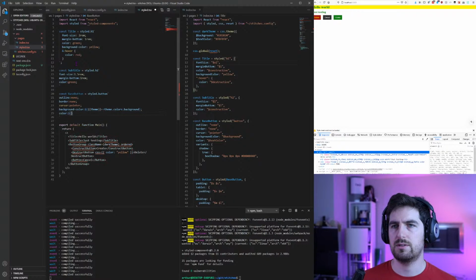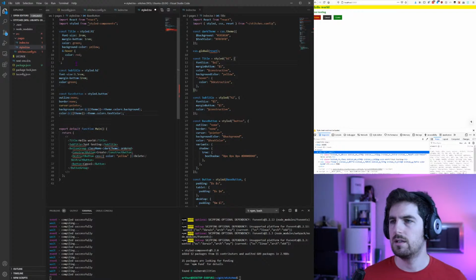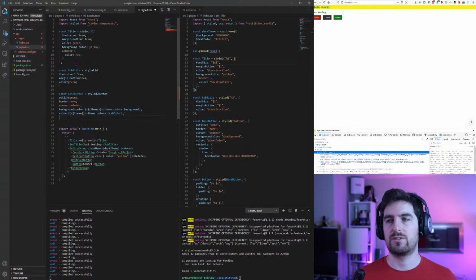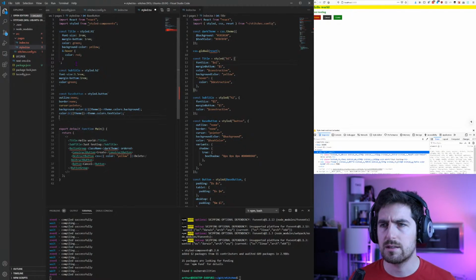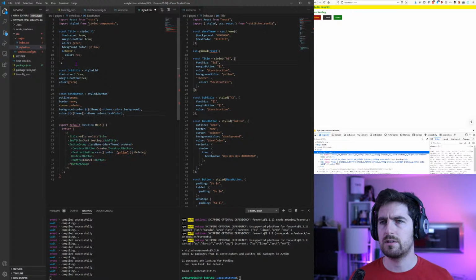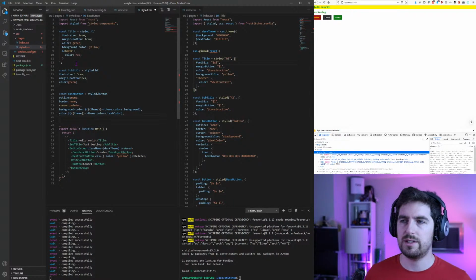Color is equal to the same thing. Time. There we go. Text color. And then we have our variance. And that's where it becomes a little bit more sketchy, I think. Why is there this guy here? That's where it becomes a bit more sketchy, because rather than having this